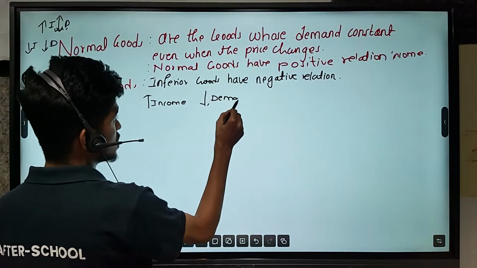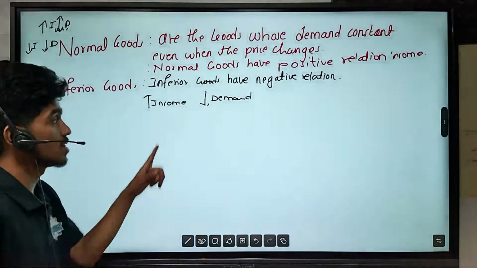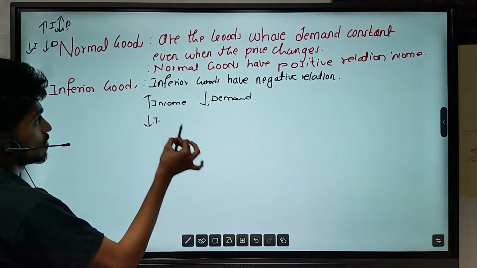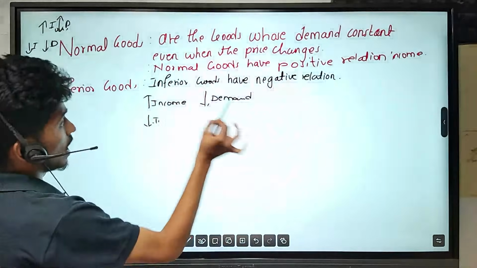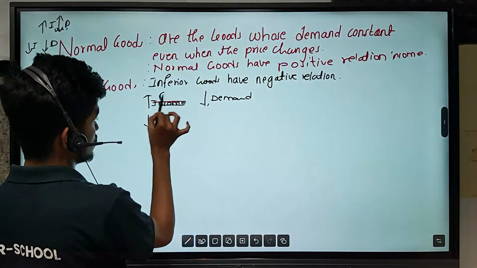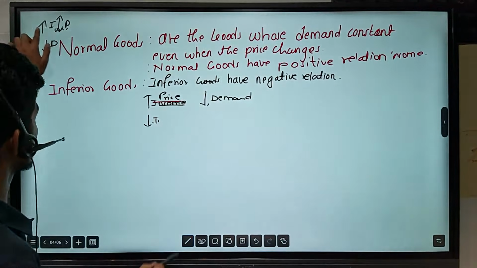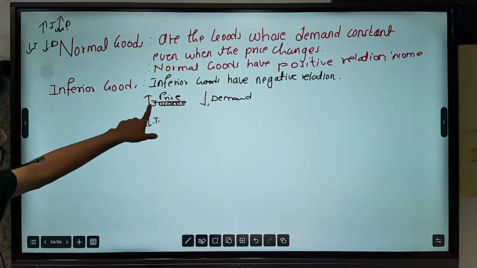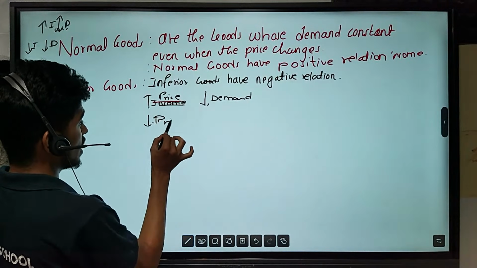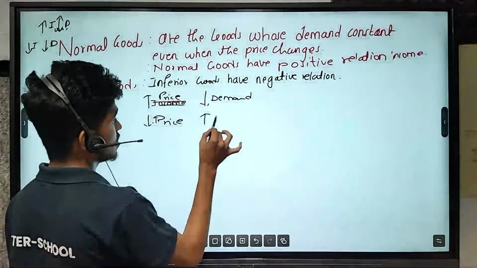It does not have a positive relation with income. Here you can write income, but here you have to write price. If the price of this good increases, the demand will decrease. And if the price decreases, the demand,